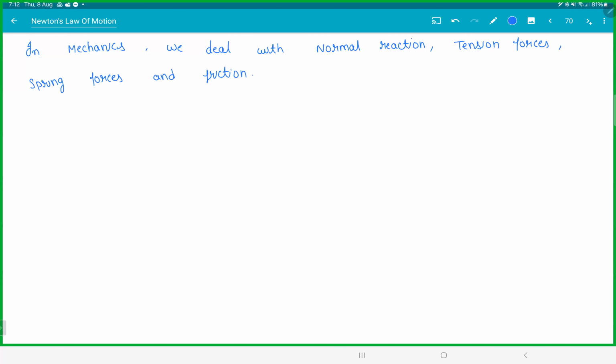Out of these four, friction is the most notorious one. It's like a rogue. So it does all weird things. So you need a separate chapter for it. So the first force we will deal with is normal reaction. The symbol is N. So how do you get normal reaction? So when two surfaces are in contact,